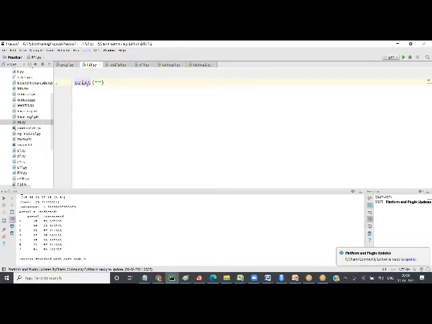As I said, print is the first command that we're going to learn in Python. This is the syntax of print. Print in small letters, and then an open simple bracket. This is how you call all functions, whether it's an inbuilt function or a user-defined function.